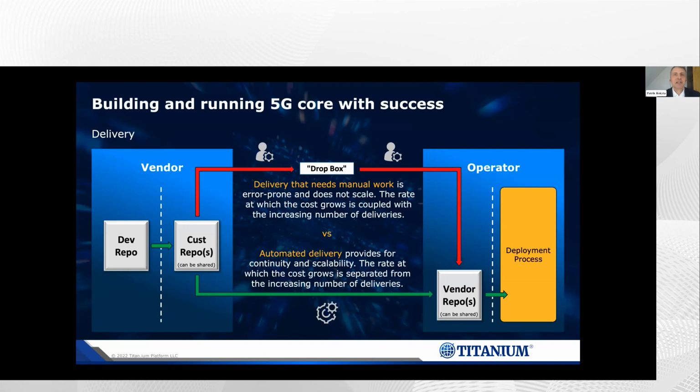So now, when we have built the software, whether it's the network function or a platform service, as we elaborated on the previous slides, let's see how to deliver this software to the operator's premises. And for sure, at the start of cloud-native transformation, many people tend to upload the released software to a Dropbox and inform the customer to pick the software from there. This may work in the start where there is an interest to get the functionality running on the target cloud-native infrastructure, but sooner or later you need to move